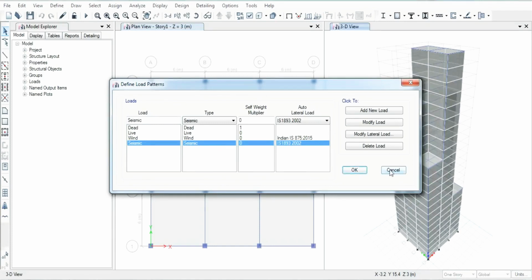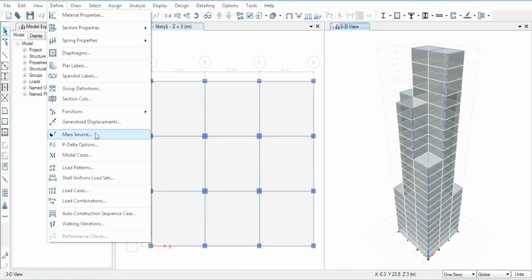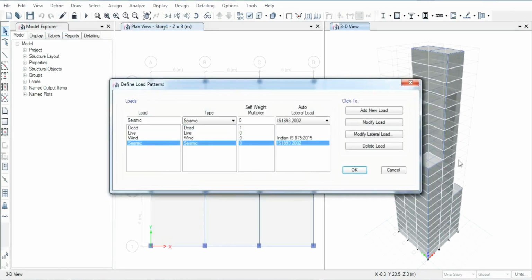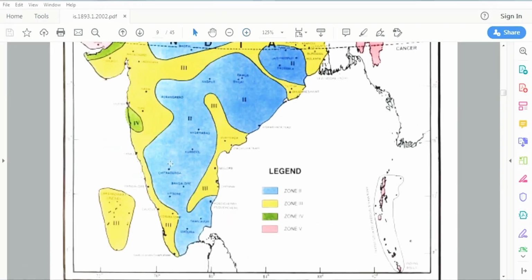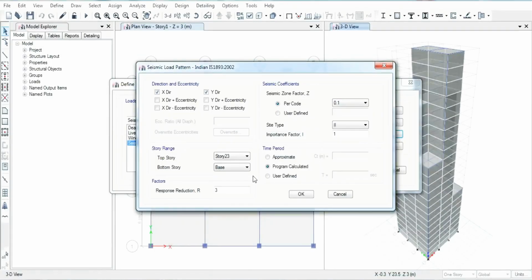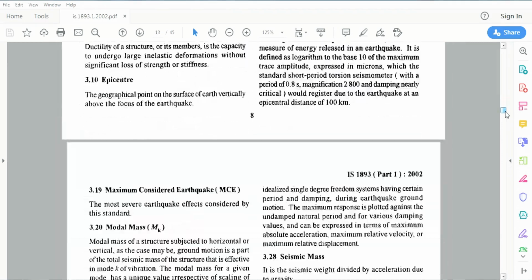As a part of third year internship on seismic resistance of buildings, today we are doing a seismic analysis on a building. Here are all the members which we drew and applied the material property, seismic load, and batten. You can see x direction, y direction, and this is the seismic zone factor according to Indian Standard 1893. This is the location in Bengaluru.